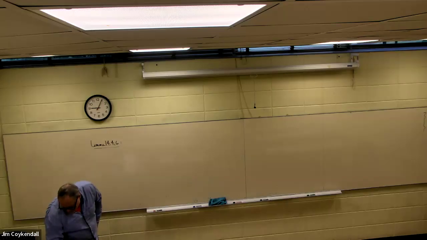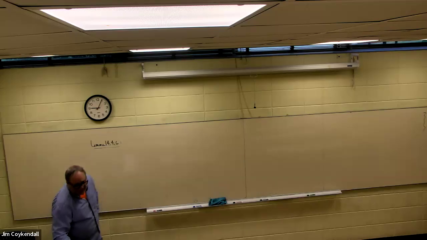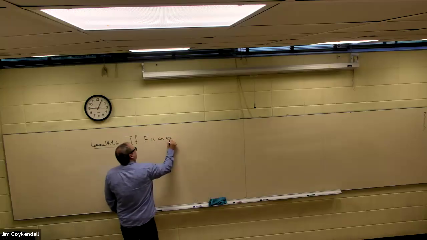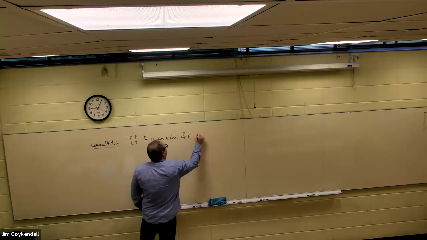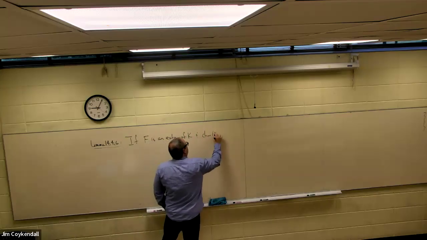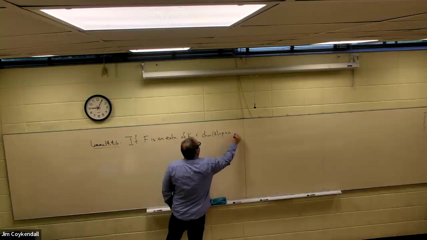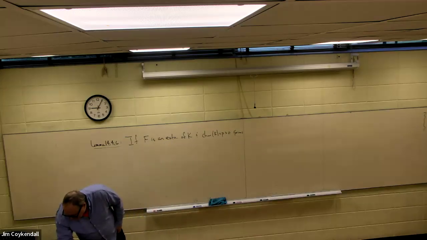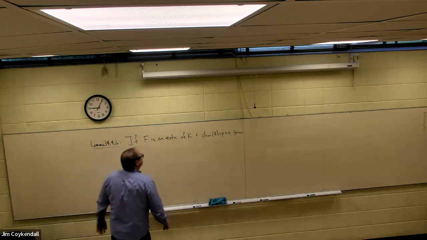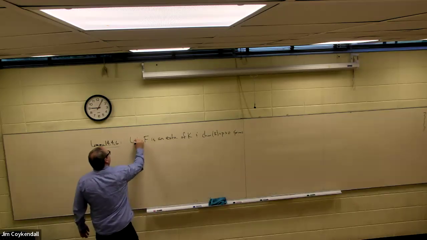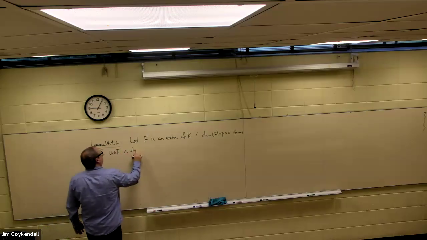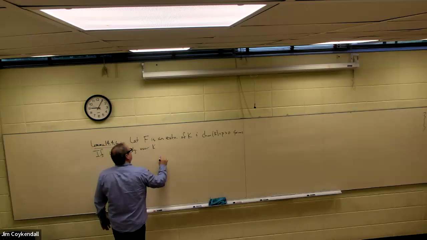If F is an extension of K, and the characteristic of K is equal to p, prime, if u in F is algebraic over K, then